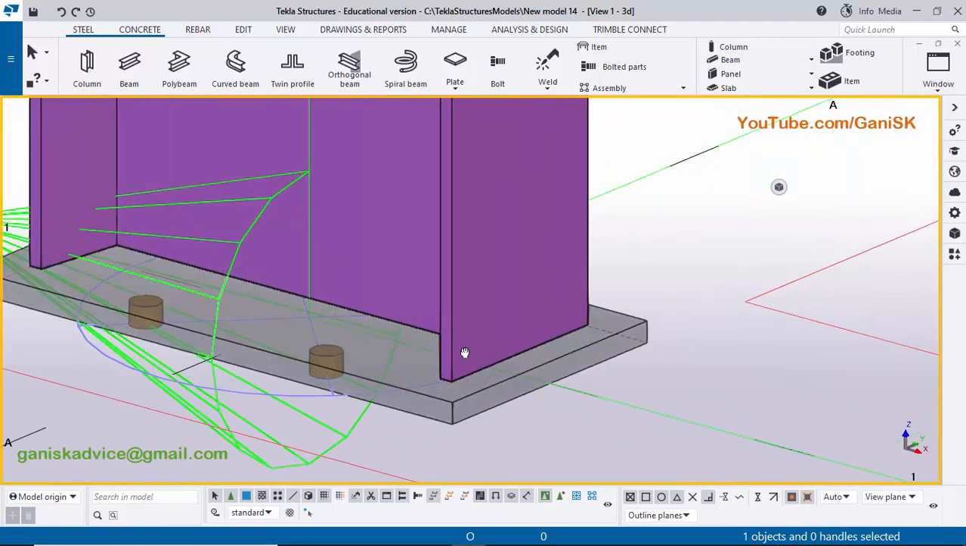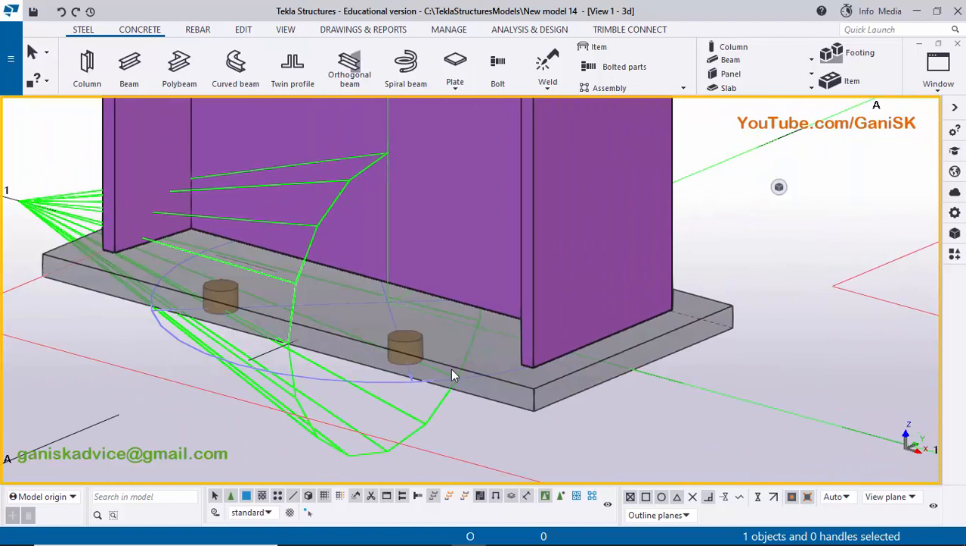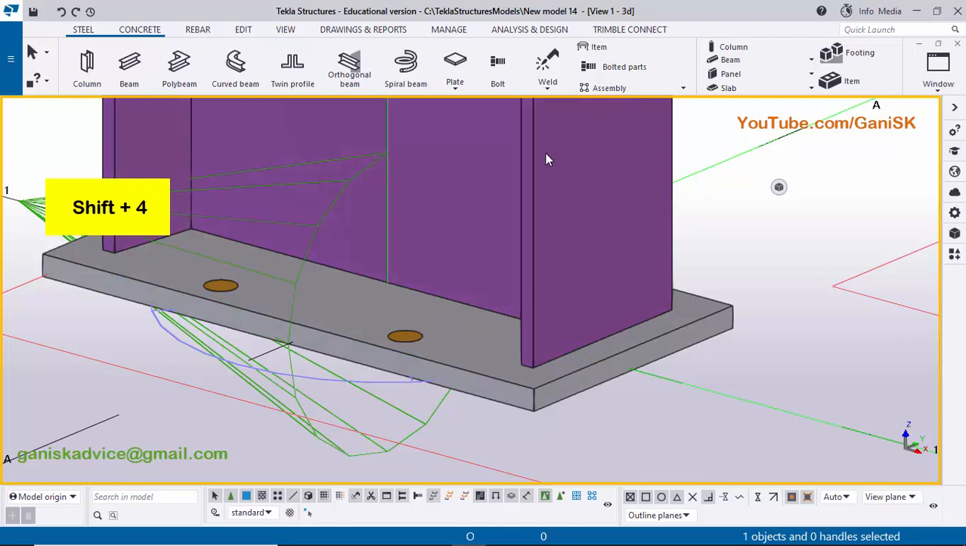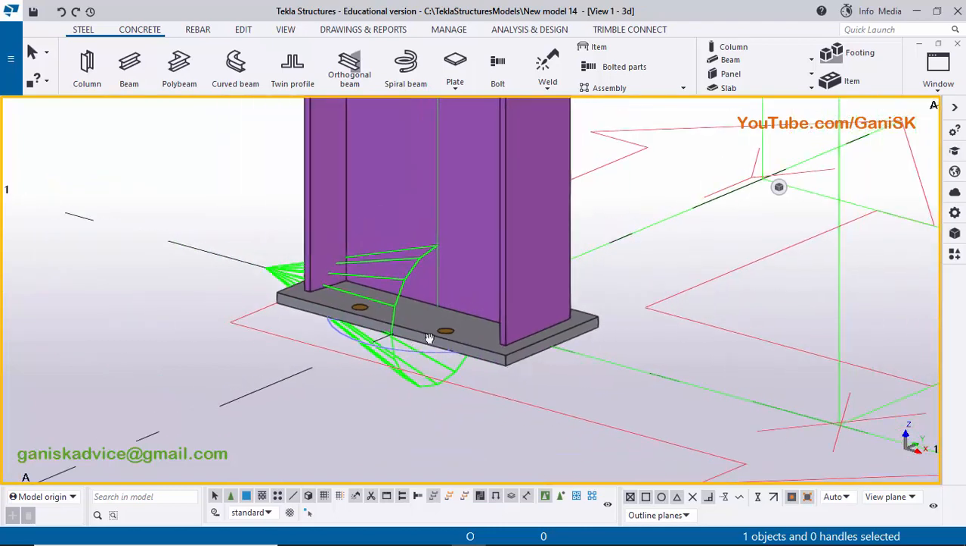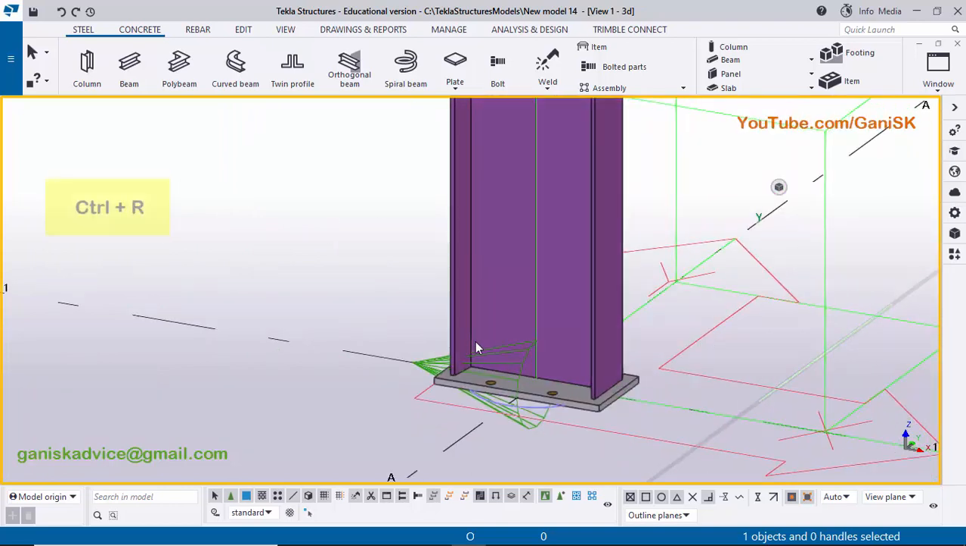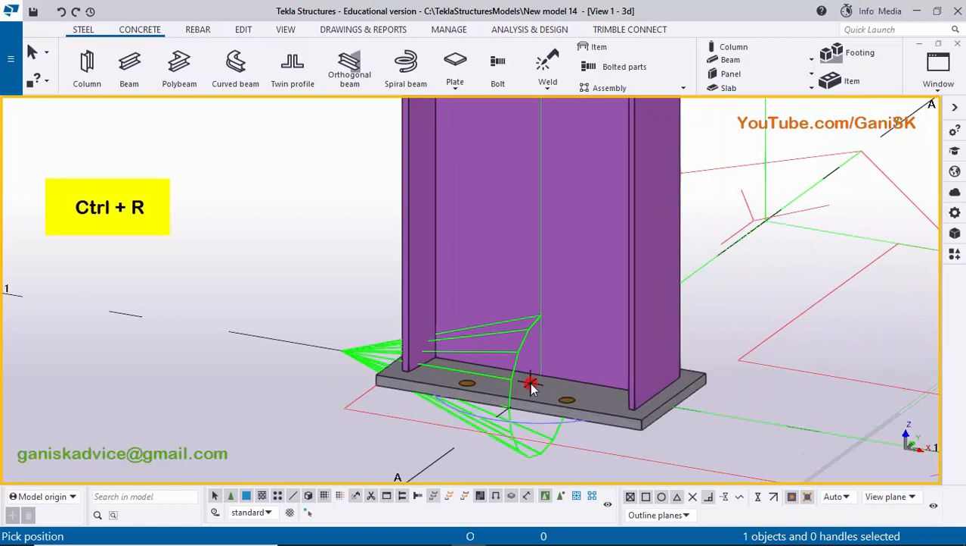You can see now this base plate is transparent. To get a solid view you can use the shortcut Shift 4 for components, and for objects you can use the shortcut Control 4. Okay, you will get it like this. Now use the shortcut Control R for rotation and click on here the position